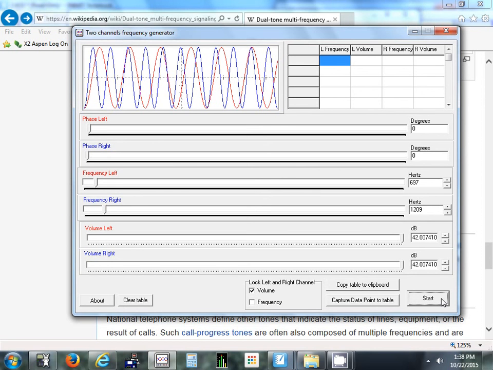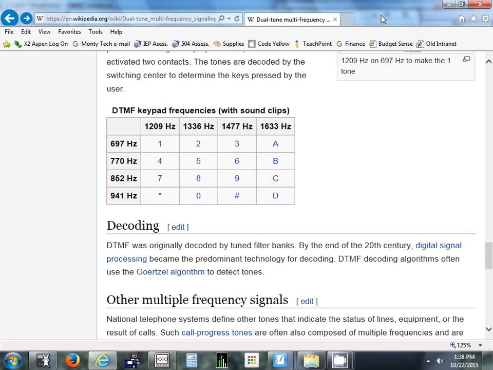Now, if you change that frequency a little bit, say instead of 697, you did 687, it's going to sound off enough that it's going to sound funny. Listen to it. And the further off we get, it starts sounding weirder and weirder. All right, so what you can do is, if you're in any kind of menu system where it's asking